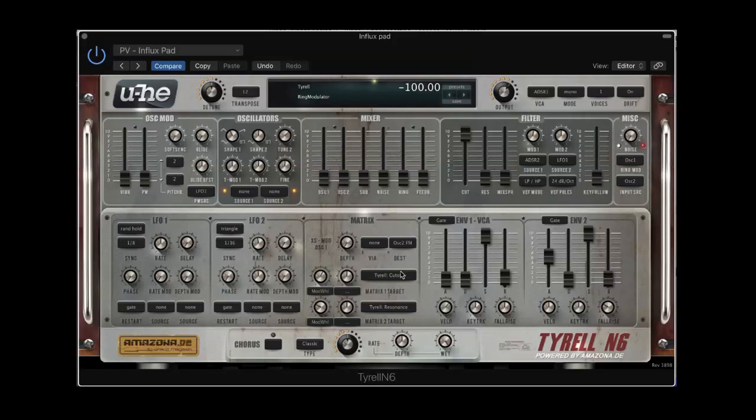The Tyrell also has a ring modulator. A ring modulator inputs two frequencies and outputs the difference and the sum of them. So in this case, we have oscillator 1 and oscillator 2. And as we change the tuning,